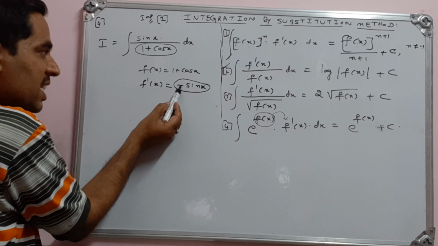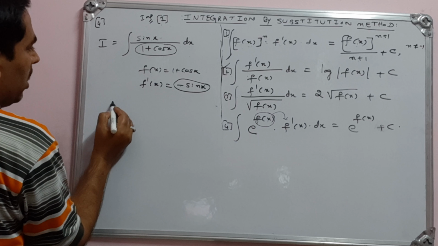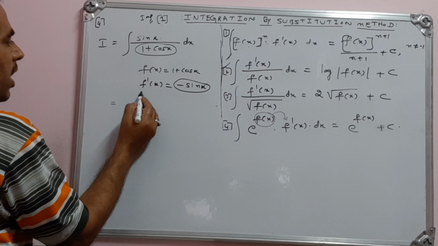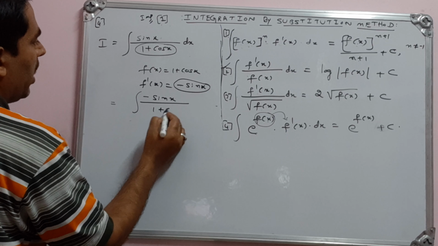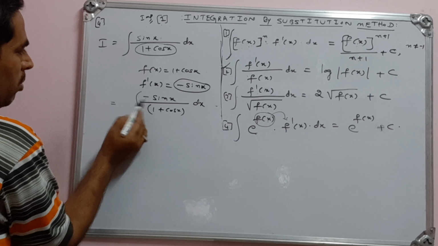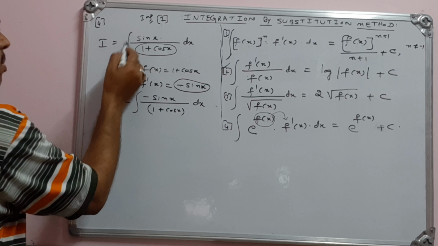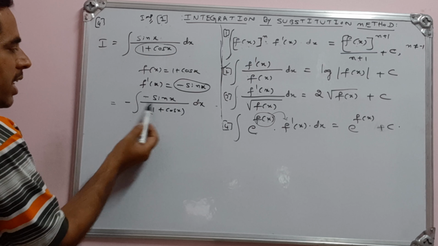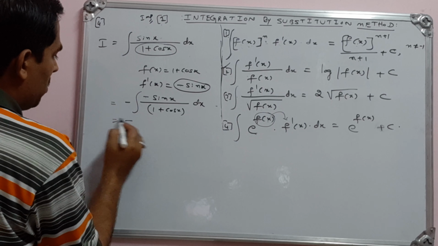So I want minus in the numerator. So I will divide and multiply by minus 1. I will write 1 minus in the numerator and 1 minus in the denominator. That minus I will write outside. Then minus into minus will be plus only. I divide and multiply by minus 1: one minus inside the integral sign, another minus outside. Then the minus will be here.